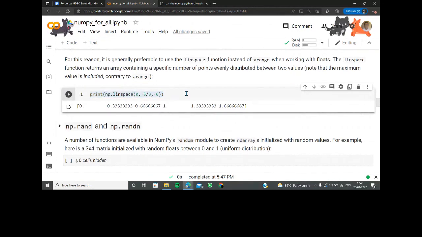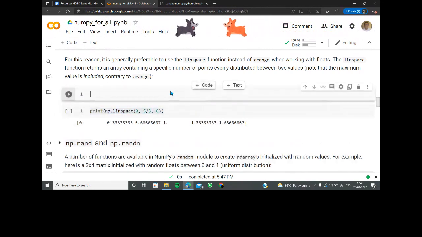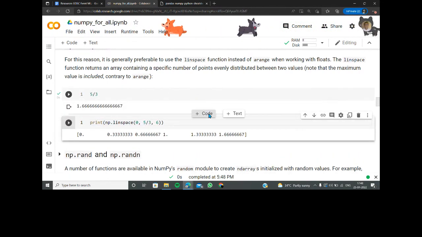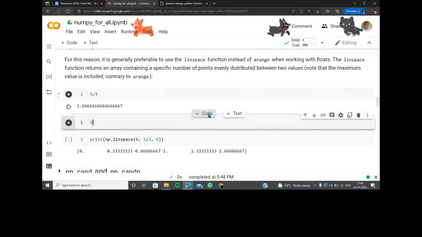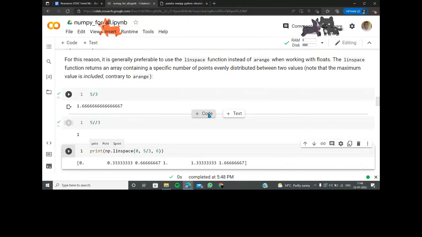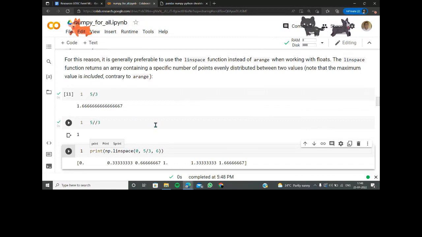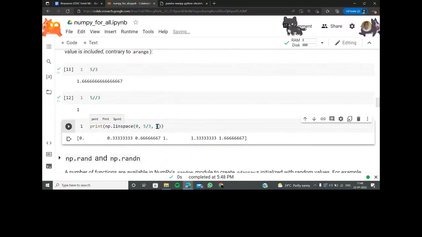So linear spacing. So this is what is happening between 0 to 5 by 3. Just get me all different elements out there. And if you just go here and do 5 by 3, it's just going to be here. And if you do floor division, it's going to be a good number of integers coming in. So everything till 6 was already considered. So linear spacing was already there, and everything between them was also considered.